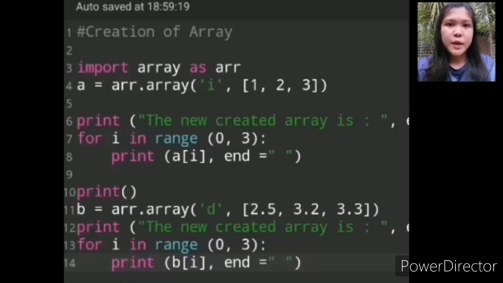Next is creating an array. An array in Python can be created by importing the array module. Array is used to create an array with data type and value. Please specify its arguments. For example,